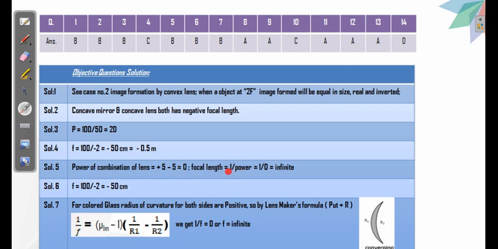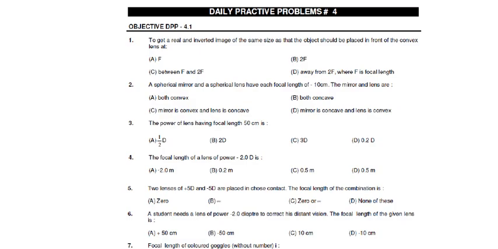Power is a reciprocal or inverse of focal length. तो पावर का जो उल्टा होता है, पावर इज इक्वल टू 1 अपॉन फोकल लेंथ. सो हियर यू विल डिटरमाइन फोकल लेंथ इज इक्वल टू, पुट पावर इज इक्वल टू 0 फ्रॉम हियर. सो 1 अपॉन 0 इज इक्वल टू इन्फिनिटी. सो आंसर ऑफ दिस क्वेश्चन, फिफ्थ क्वेश्चन, इज इन्फिनिटी. ओके, नाउ सी अस क्वेश्चन नंबर 6.